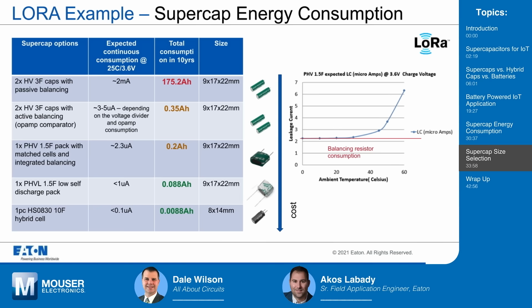So if you have the standard passive balancing, it's out of the question because the power consumption would be way over the accepted values. So that's not really recommended. While you may find an active balancing like an open comparator that could result in about 3 to 5 microamps of continuous discharge, that results in about 0.35 ampere hour in addition to the battery